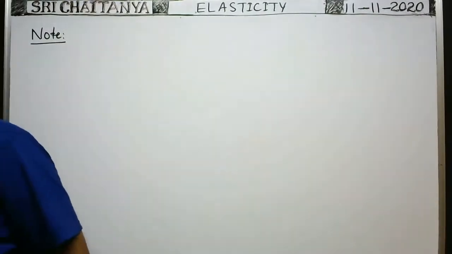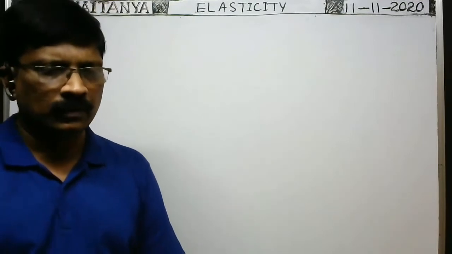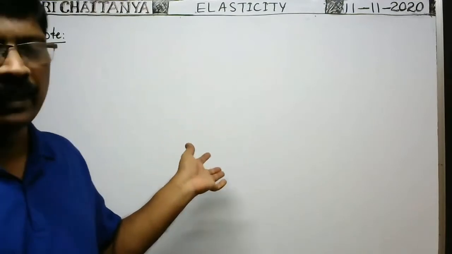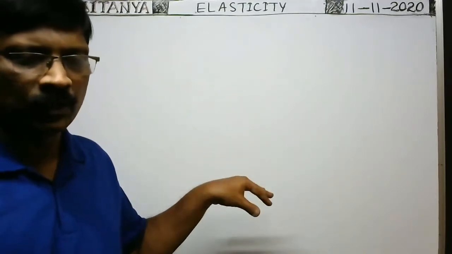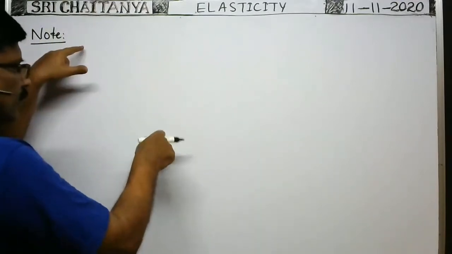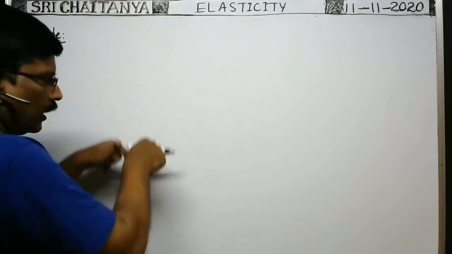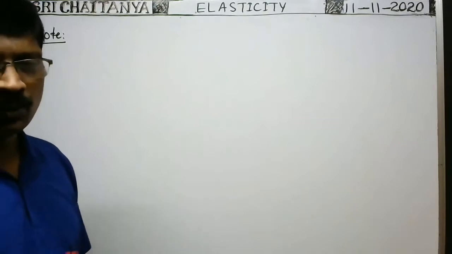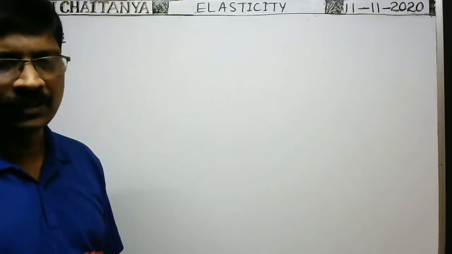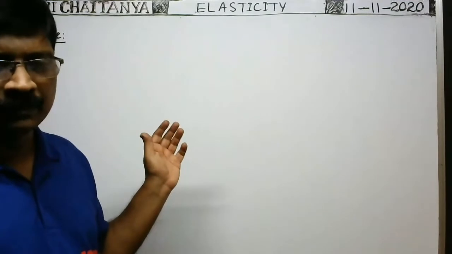So what is the next concept? The next concept is the 21st now. The total force acting on the pulley upwards is equal to 2T, and the downward force is equal to mg. In the two strings, tension T acts in this direction, T tension acts in this direction. So the total force acting on the pulley upwards is 2T and the downward force is the weight mg. So 2T is equal to mg now, and T is equal to mg by 2. The tension in the string is equal to mg by 2.